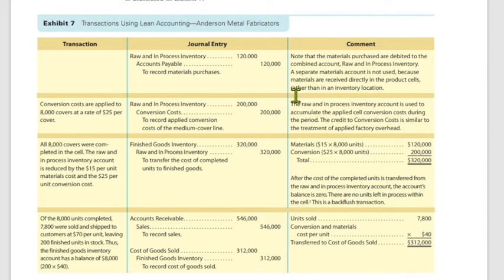Okay. Dito ginagamit na natin, if you refer to this, the raw and in-process inventory na hindi mo makikita sa traditional accounting. Kasi dapat yan raw materials inventory. And then, 'di ba? Pag bumili ka, raw materials inventory pa yan dapat. And then tsaka mo palang ililipat sa WIP. Pero dito nakadiretso na siya sa RIP inventory account. Yung conversion cost din nakadiretso na sa raw and in-process inventory account rather than nasa WIP. Okay? And then, ililipat yung RIP to finished goods.